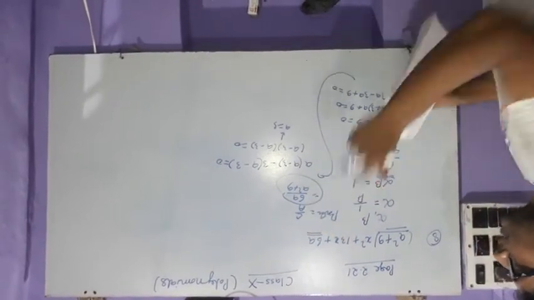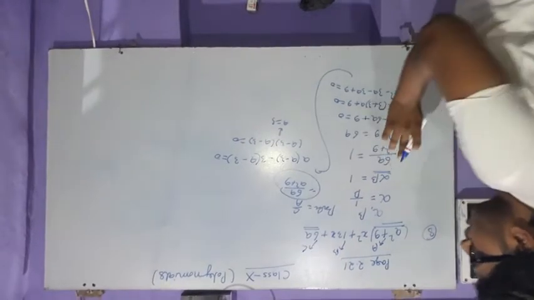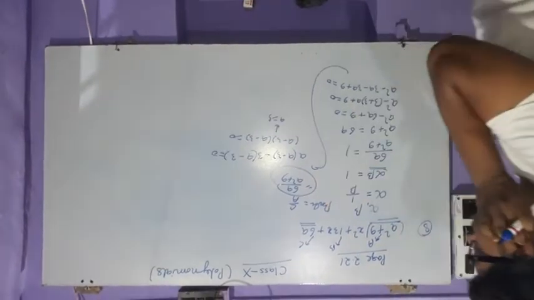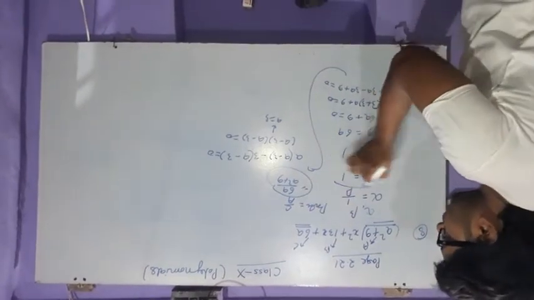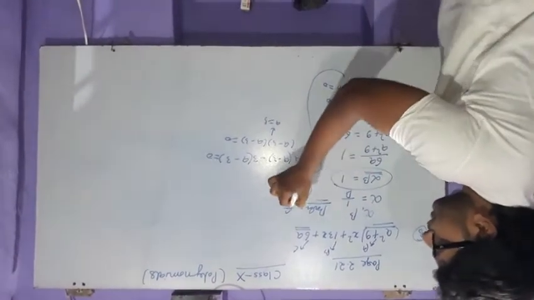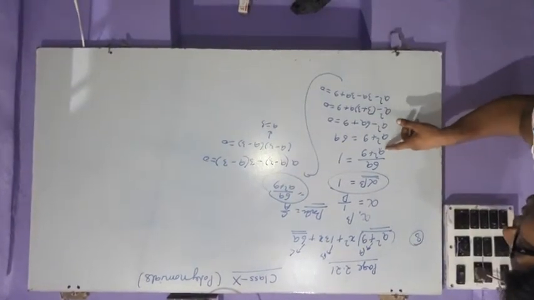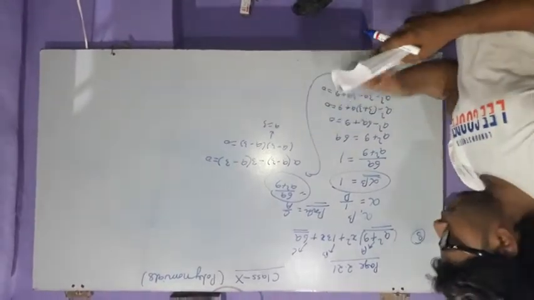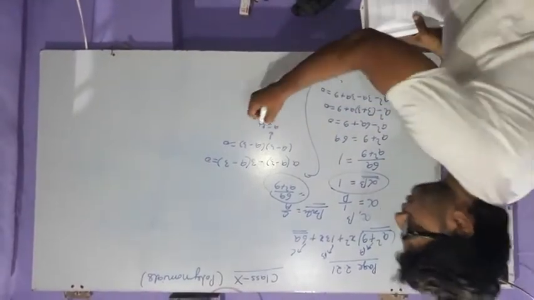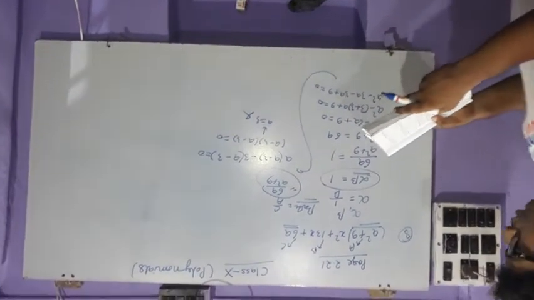So see, this is a, this is b, and this is c. We don't require the sum, we only require the product, because here is the product term. The product will be c by a, so c by a is (6a square plus 9) by (6a)... wait, that is, (a square plus 9) by 6a... equal to 1. So now we have to factorize it and find the value of a. So a is equal to 3. Okay, you can note down the question, and after that I will tell you question number 9.